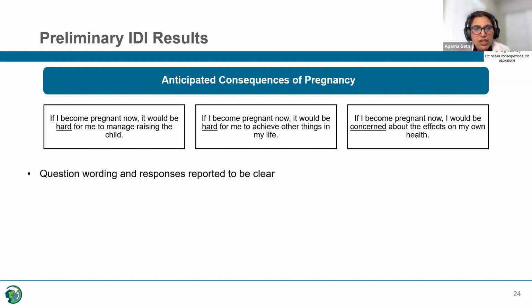Here we are focusing on 3 aspects of consequences of future pregnancy: managing and raising the child, which could include financial aspects or other family aspects; the second, achieving other things in life, whether it is education or employment; and the final one around health effects for that woman.